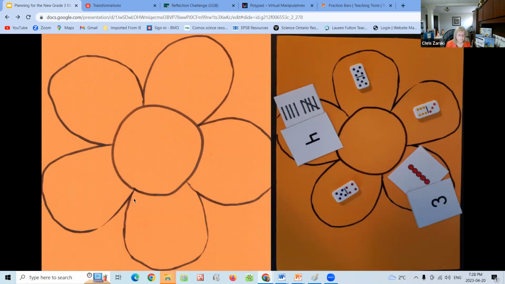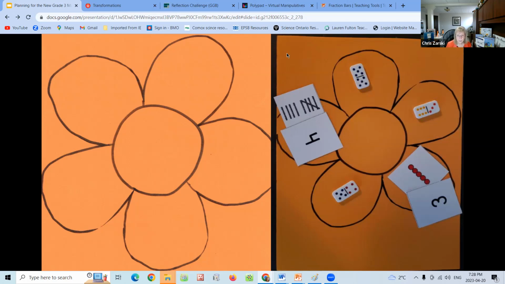Remember that we also had this game. I just brought this back to remind you, we started with it in session 1. This is where you could put dominoes. Every student gets their own mat. You can change it to as many petals as you want. Every student puts a domino, or maybe a pair of subitizing cards, on there. And then you roll 2 dice. So let's say I rolled a 6 and a 4. Just to warm their brains up, 6 plus 4 is 10. Do any of my cards add up to 10? Yep, this one does. And if I find one that adds up to 10, I can take it off.